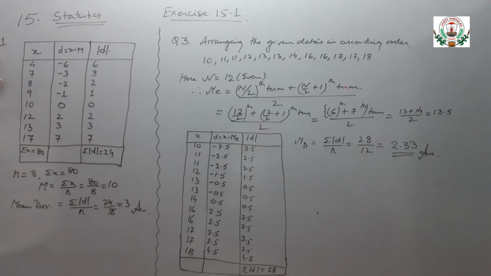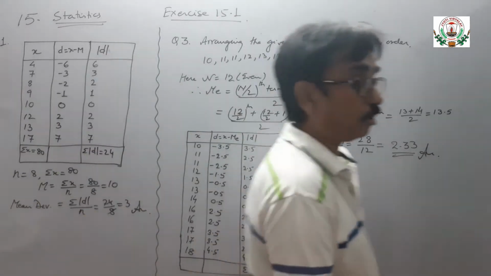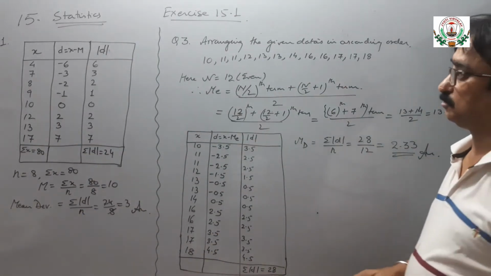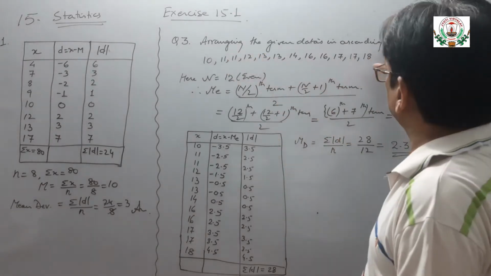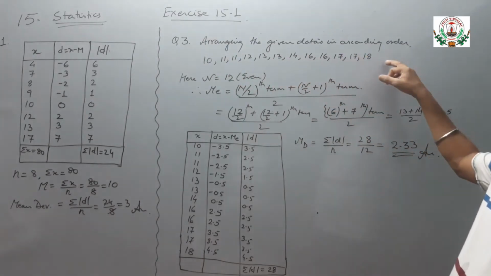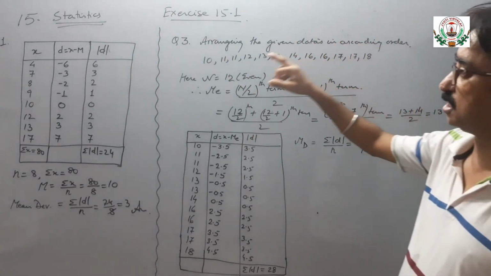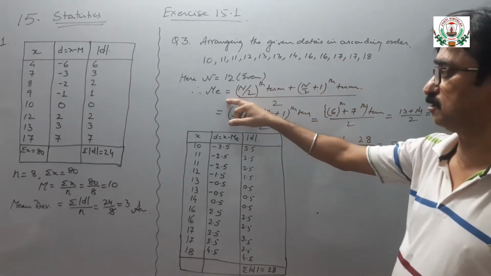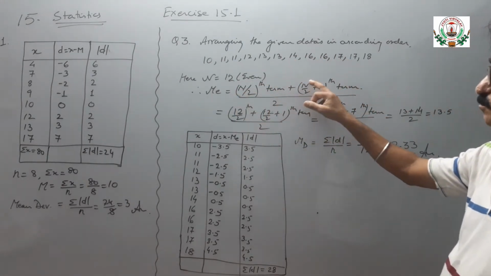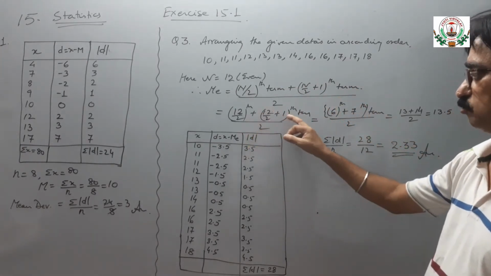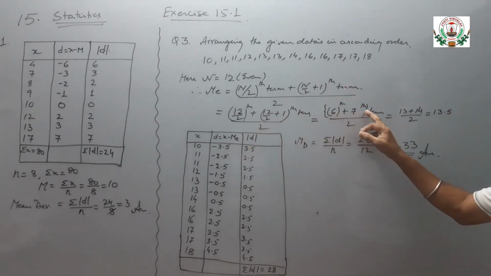Question number 2 is also the same, that you have to do it. Now question number 3. Now we have to calculate the mean deviation from median. So to calculate the median of an individual series, first of all we are arranging the data in the ascending order of its magnitude. So here n is equal to 12, which is an even number of data. So median will be calculated by n by 2th term plus n by 2 plus 1th term upon 2. So 12 by 2 and 12 by 2 plus 1 will become the 6th term and the 7th term.